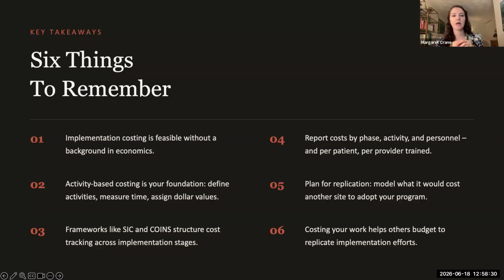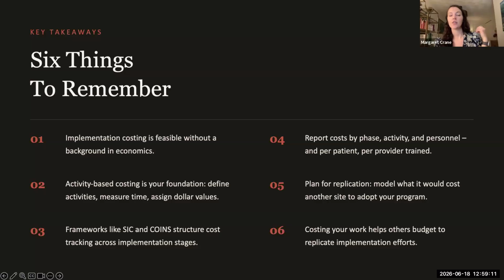Within the SIC, they have, I think, a button that's like research only or exclude, or there's some way you can track everything, but then differentiate it and later exclude it from analyses. I know that people I've worked with, whenever I say you don't have to track that, they're like, fantastic, I'm not going to. So when you're thinking about all the activities we're doing, sometimes it's useful to list the research activities and then say, we're not going to track this. If it's easier for your team to just track everything and differentiate until later, that's fine too. So that's a preference of what's easier to track, but definitely make sure to take out